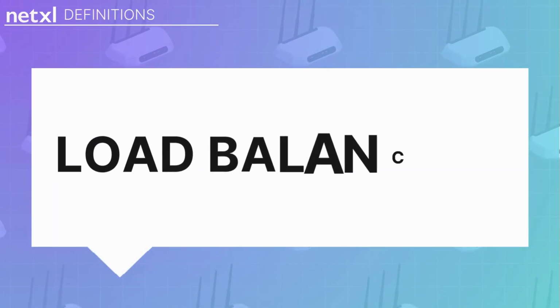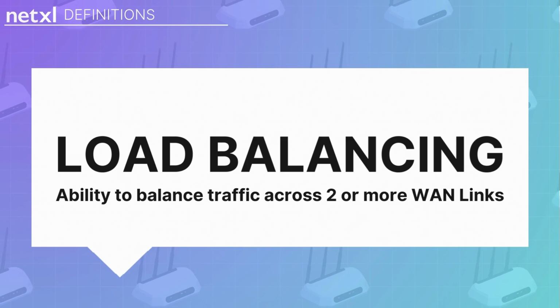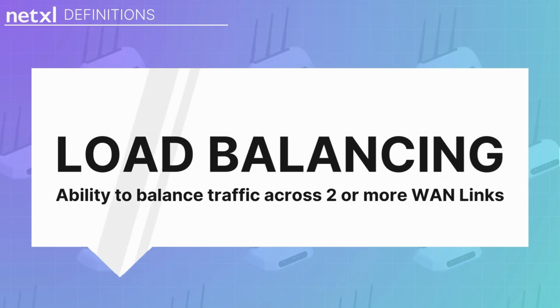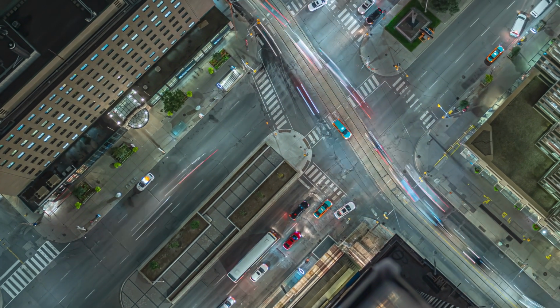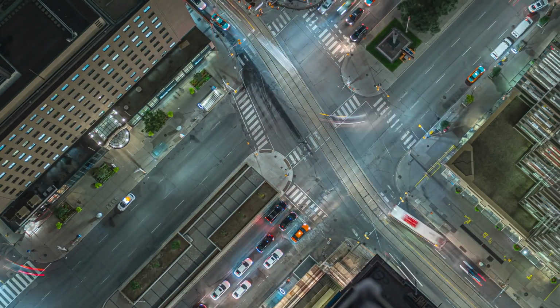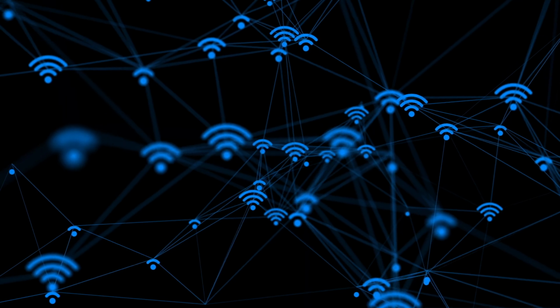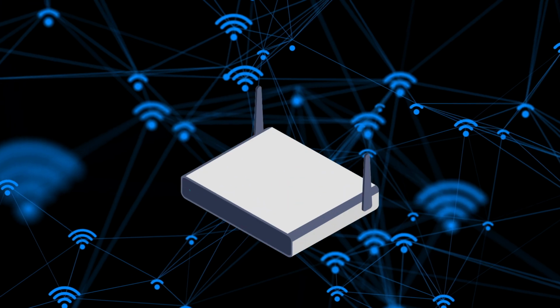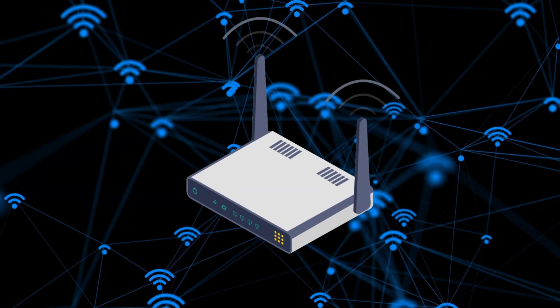Next up, we have load balancing routers. Load balancing is the ability to balance traffic over 2 or more WAN links without having to use complex protocols. It essentially simplifies traffic distribution across a pool of servers. Load balancing routers use more than one internet connection to simultaneously provide internet access to devices connected to it. This allows devices to utilize more bandwidth than a single connection can, and load balancing prevents bottlenecks at any one